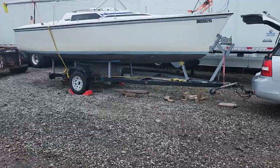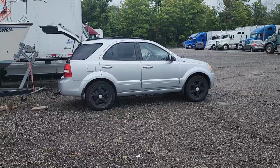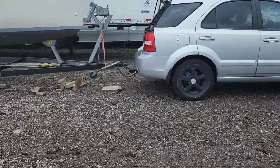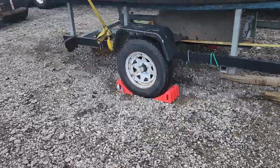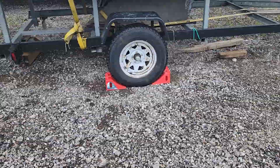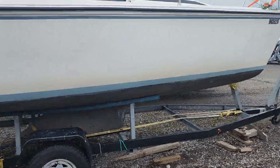Okay, so I got my trusty measuring tape out here. I just got back to the storage unit. What I'm going to do is measure the distances between the front and rear tires on the car, the rear tire to the ball, and then the ball to the axle on the trailer. And that's going to give me the ability to figure out, when I change where the weight is on the boat,